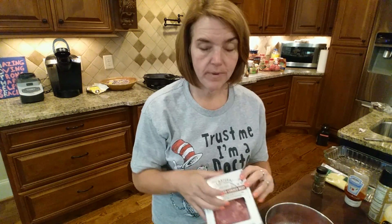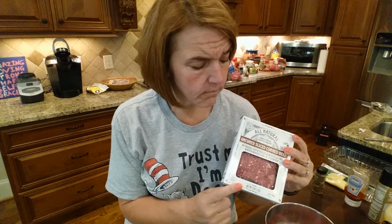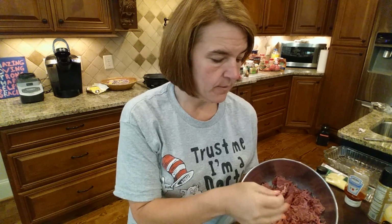Well, you start with corned beef, and I like to buy this. When I first started making this, I'd buy my own roast, throw it in the crock pot or roast the corned beef, and then shred it. You can do that, certainly, but to me, I find it's a little more expensive, and it's a lot more work. So I can go to Trader Joe's or any deli. I get this for around $4 or $5, and it's 8 ounces. I open it and I shred it up, and you can see where I've shredded the corned beef into